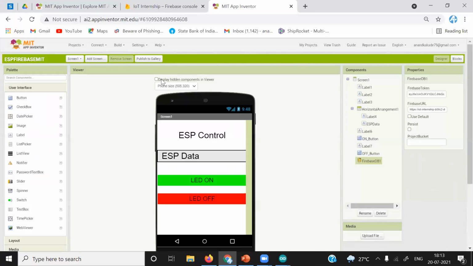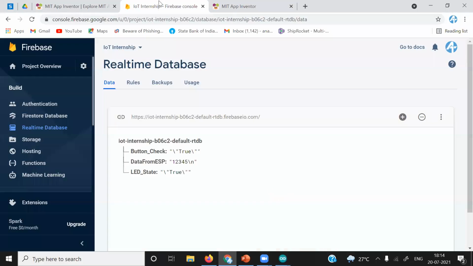Our app is now connected to my smartphone. Maybe you can see it. I'll just reduce the brightness. Is it visible? Okay. You can see the data is 1, 2, 3, 4, 5.